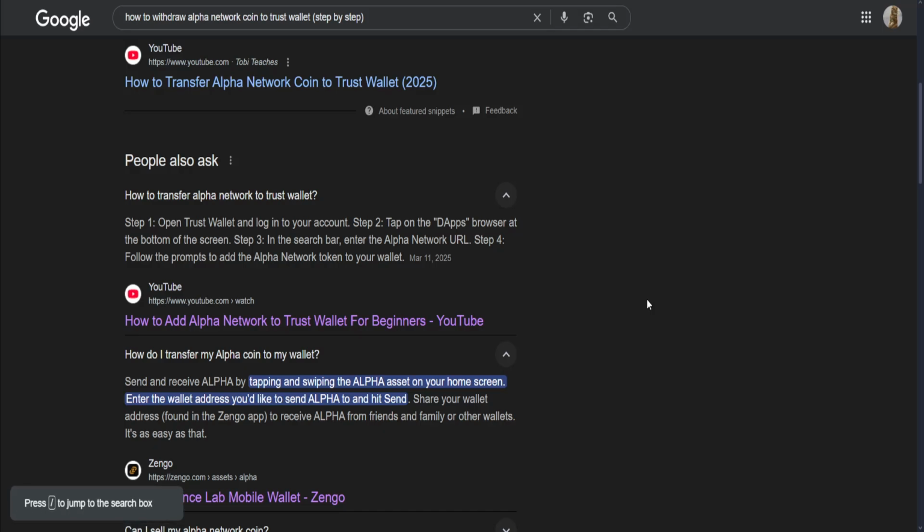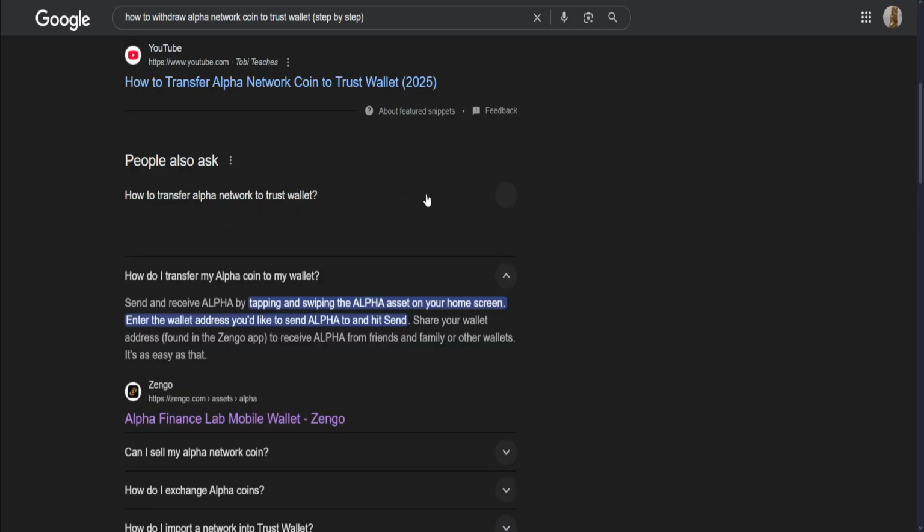How to withdraw Alpha Network coin to Trust Wallet. So let's get started. The first thing to do is open Trust Wallet, the app itself, and log